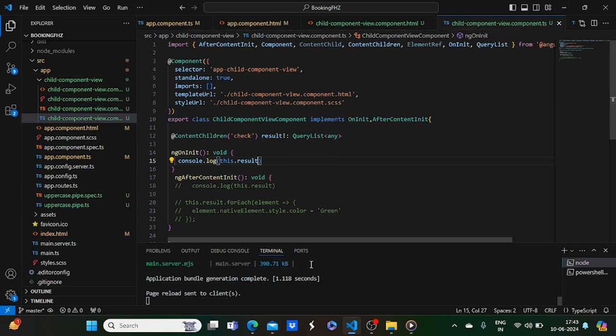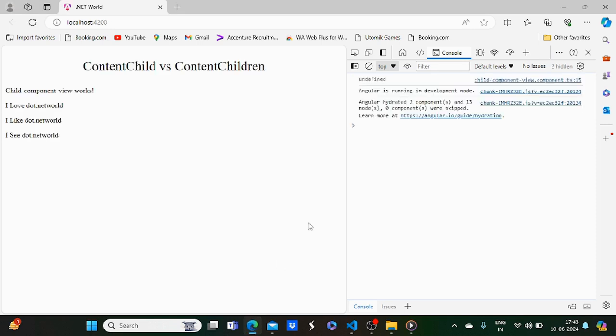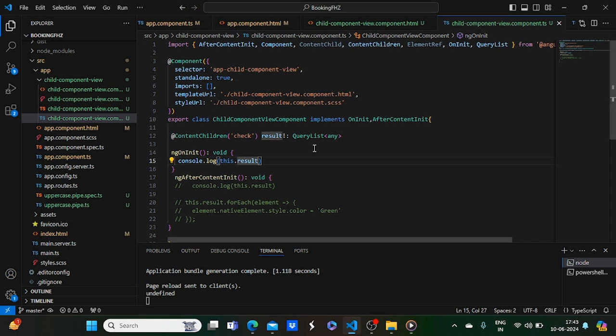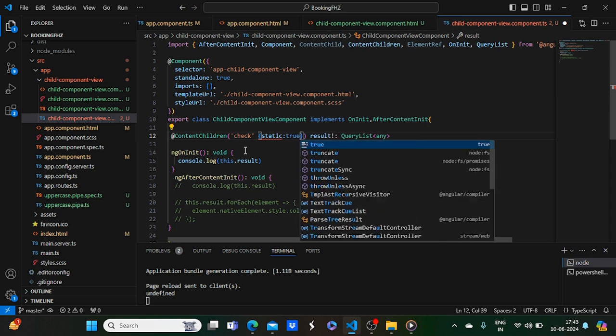Now if I save this and we see the console, you can see undefined, because you cannot access the element as it is not created. The content is not created and the view also is not created. So if I use static true over here,